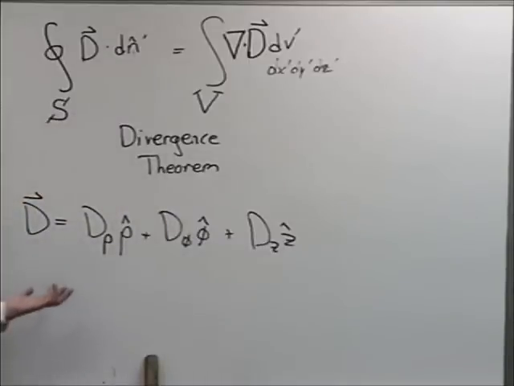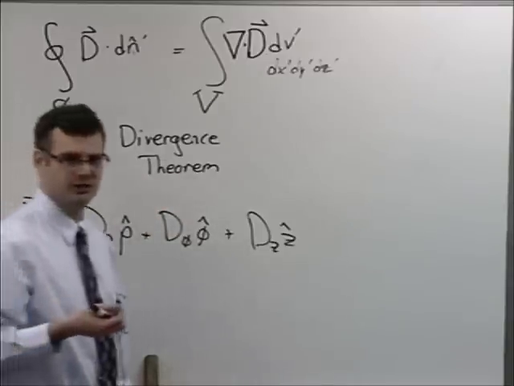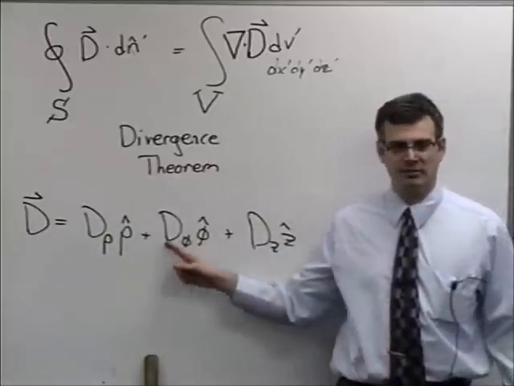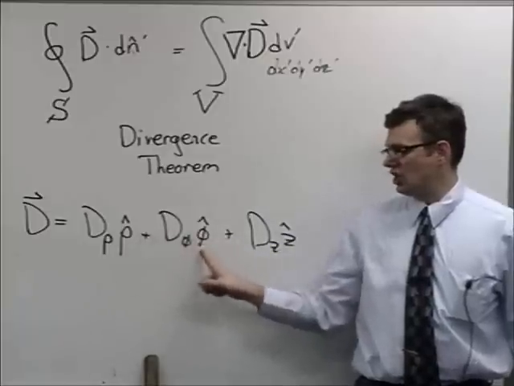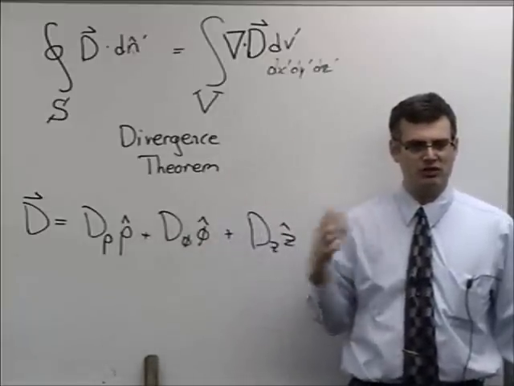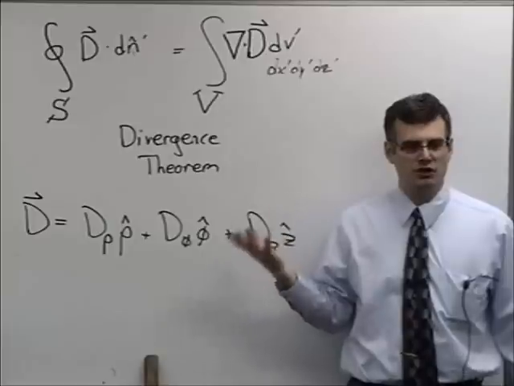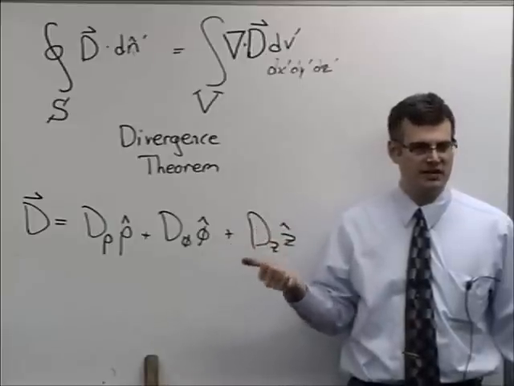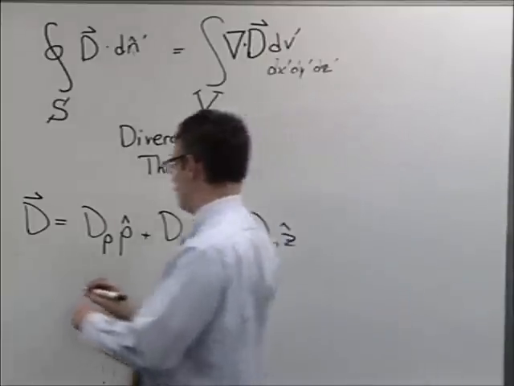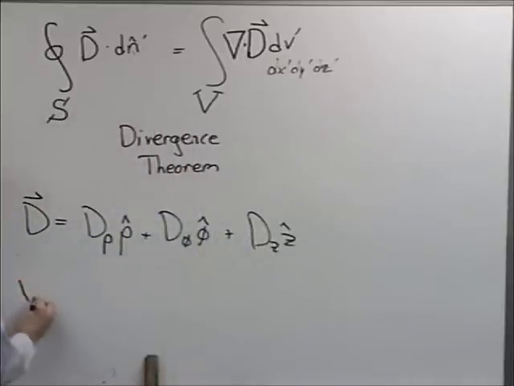There are some types of problems with cylindrical symmetry where this winds up being an easier way to describe the field solution. Remember, the key difference, though, between this and the Cartesian system is that these can change depending on which point of observation you're at in space. So they are, in effect, functions of rho and phi. Which means when you go to take the divergence of this vector field,